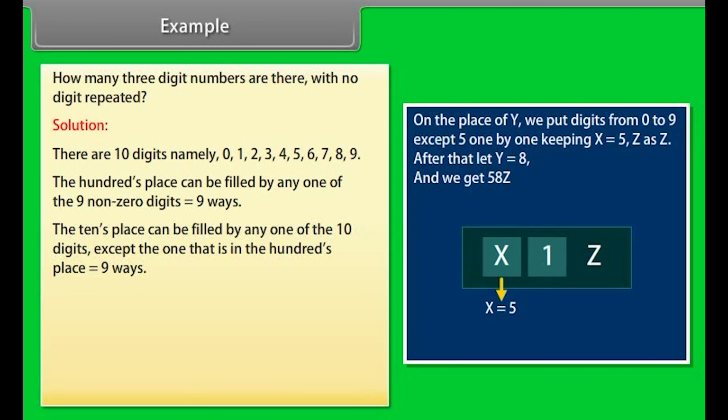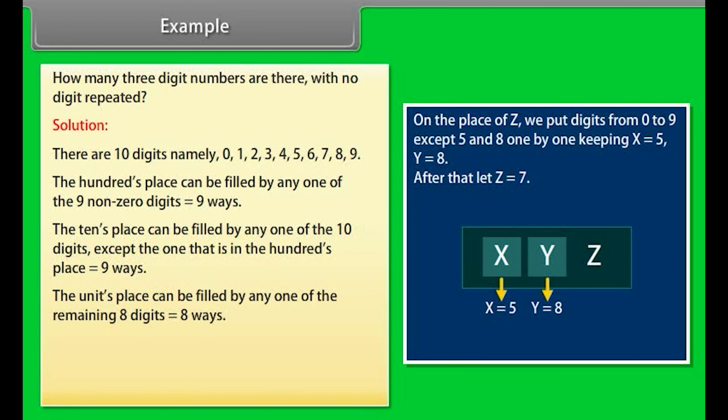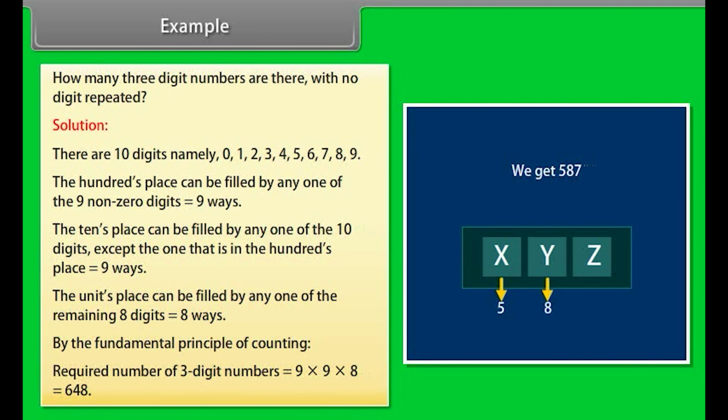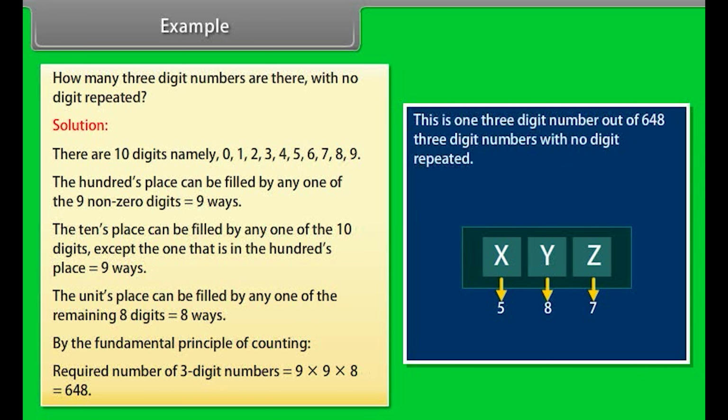The tens place can be filled by any one of the 10 digits except the one that is in the hundreds place, that is 9 ways. The units place can be filled by any one of the remaining 8 digits, that is 8 ways. By the fundamental principle of counting, the required number of 3-digit numbers is equal to 9 into 9 into 8 is equal to